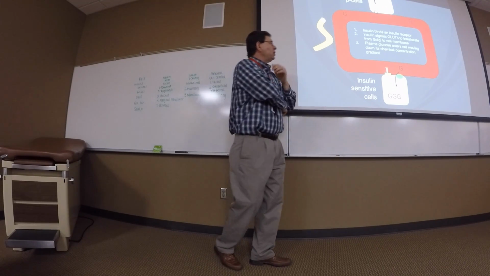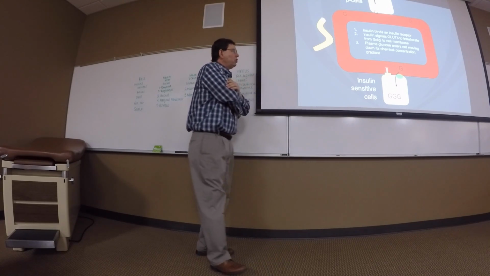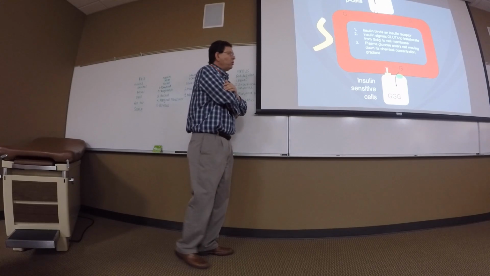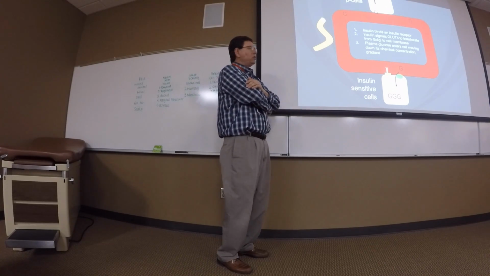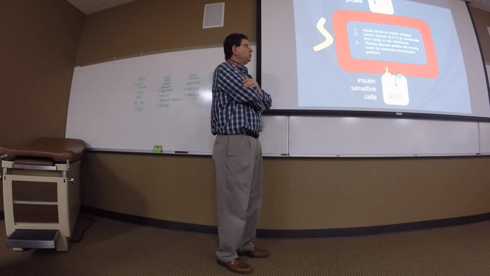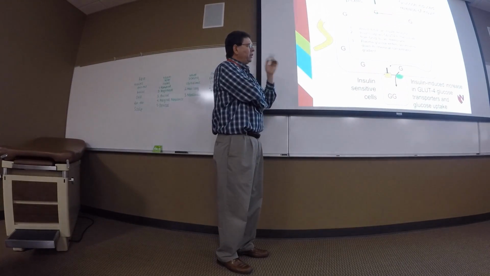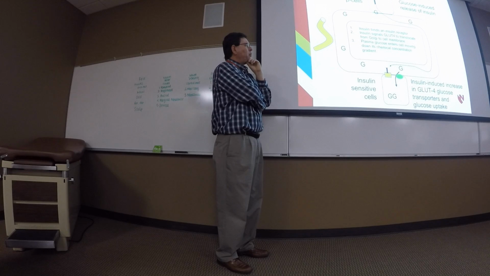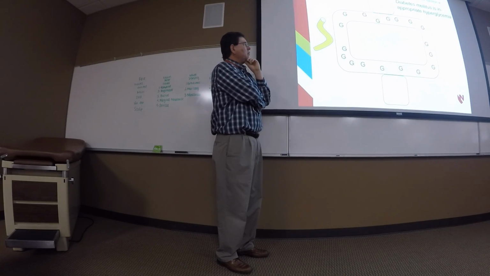So insulin binds an insulin receptor. Insulin signals GLUT4 to translocate from the Golgi to the cell membrane. Plasma glucose moves into your cells down its chemical concentration gradient. And I think this is the slide I gave you. It's going through circulation. So that's kind of putting in pictures that diagram.